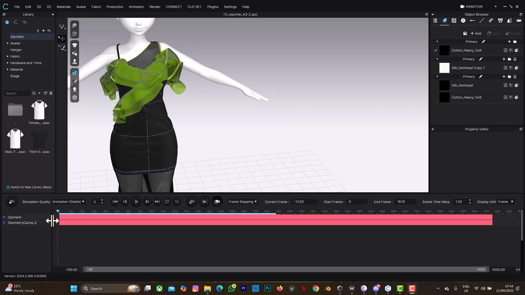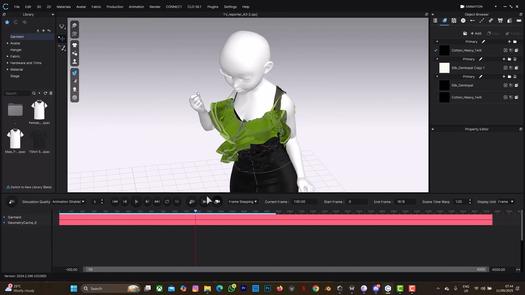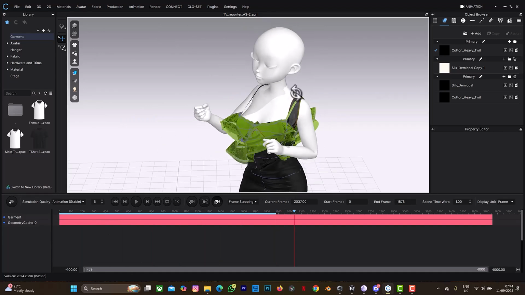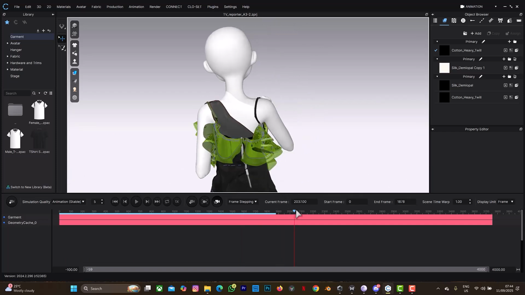So I was given a job to fix garment breakage on their character. As you can see, this is the character here from T-pose to the actual movement of the character. If you look at the shoulder part, the simulation is not looking too good. So all these parts, I'm going to fix them, and I'm going to explain to you how you can fix